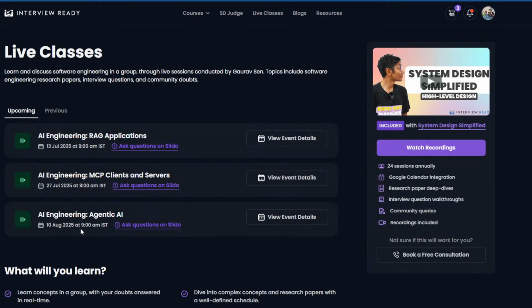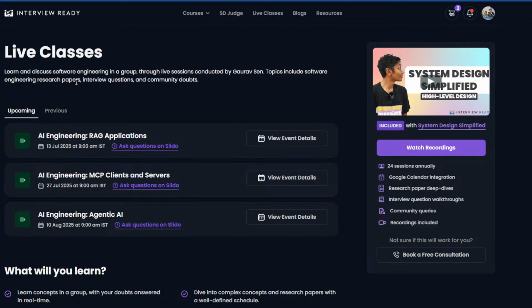The reason I'm doing this is because A, it's more interactive, and B, I can't keep this space up forever, so it's better to move to a more streamlined place where I can have questions taken on Slido, and have all this stuff set up and then link it back to the lessons in the course.